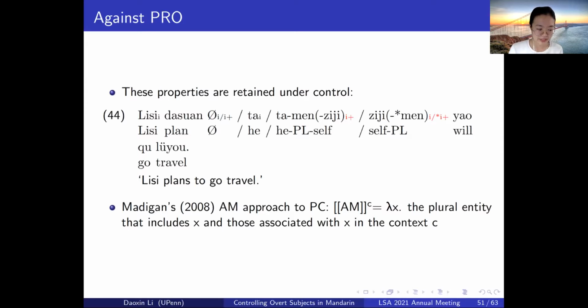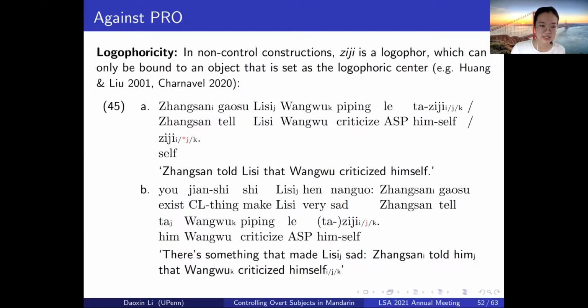It's argued that the partial reading in partial control arises from an associative morpheme that is attached to the controller. So it gives us the plural entity that includes X and is associated with X in the specific context. And this is just what the morpheme men does. It's just that this morpheme is invisible in languages like English, but it's visible in Mandarin. And another example is from